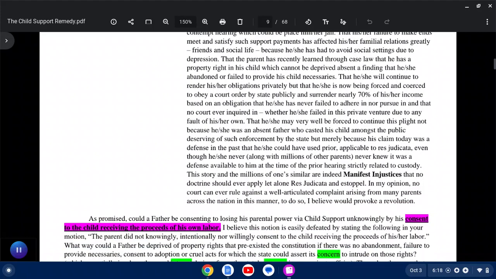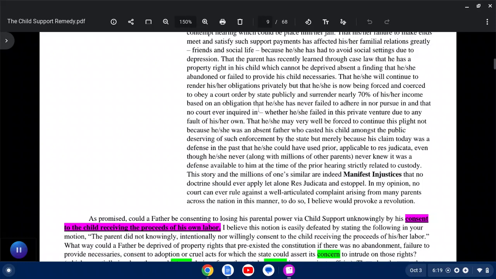That the parent has recently learned through case law that he has a property right in his child which cannot be deprived absent a finding that she abandoned or failed to provide his child necessaries, that she will continue to render his or her obligations privately, but that she is now being forced or coerced to obey a court order by the state publicly and surrender nearly 70% of his or her income based on an obligation that he or she has never failed to adhere to,